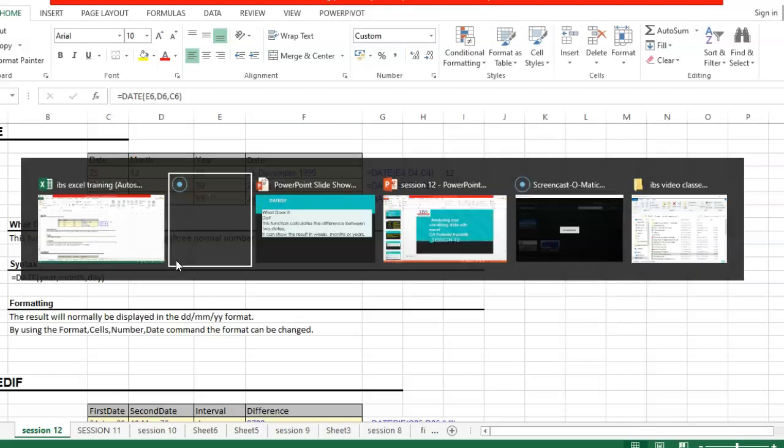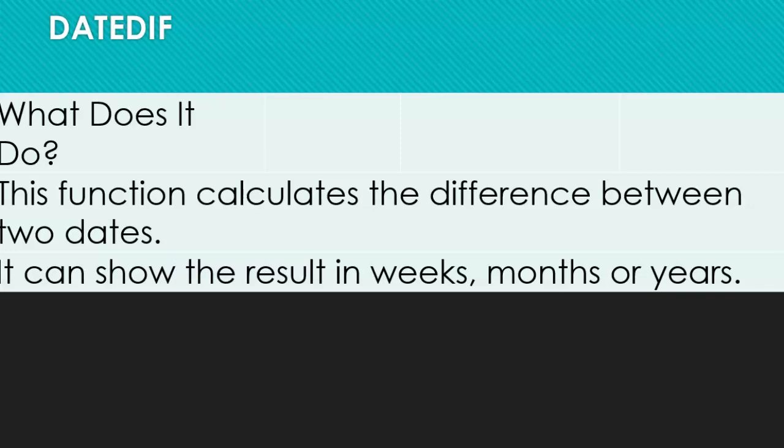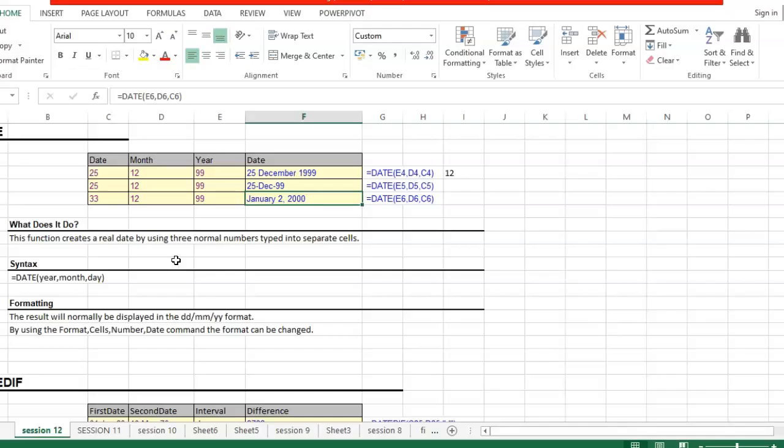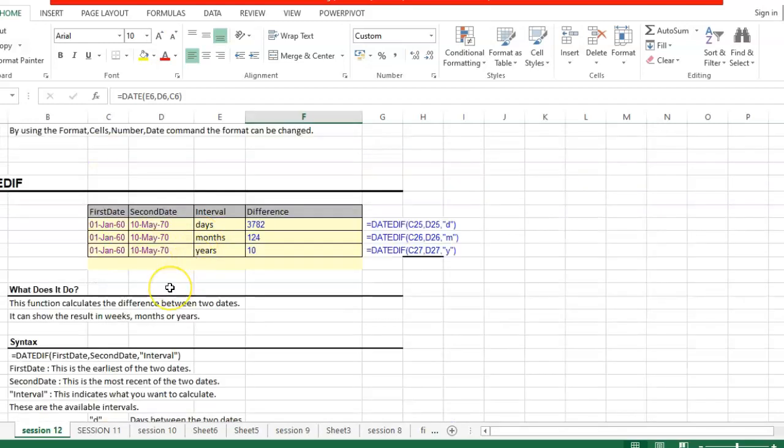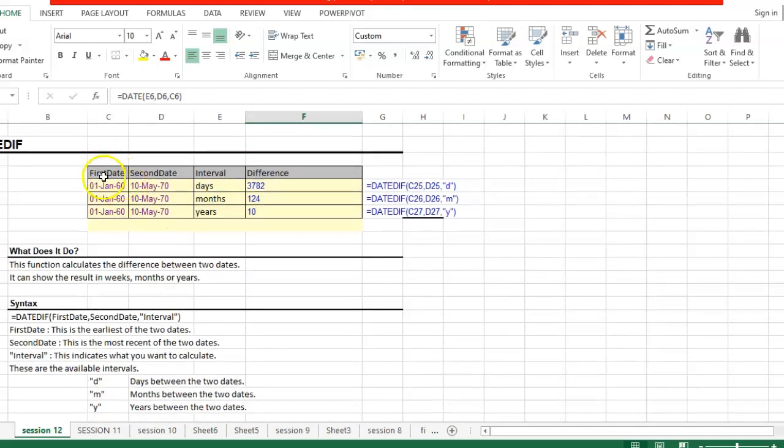In continuation, let us look at the next function. Our next function is DATEDIF. This function calculates the difference between two dates and it can show the results in months or years. And we shall consider the highlighted details.